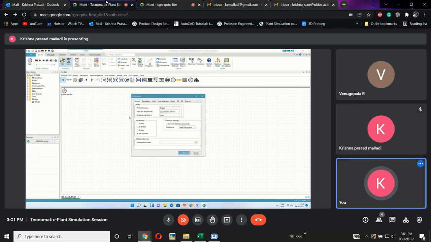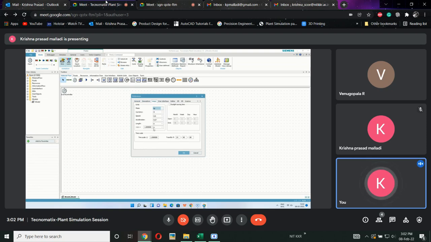In the preferences, we will be having all the default values here. What type of English, what type of language we want to use, what will be the date format, saving history. Each and every time when I click the new model, it is asking me whether to open a 2D or 3D. That can also be changed here directly. If I want to use 2D only, I can click here. Otherwise, ask each time.